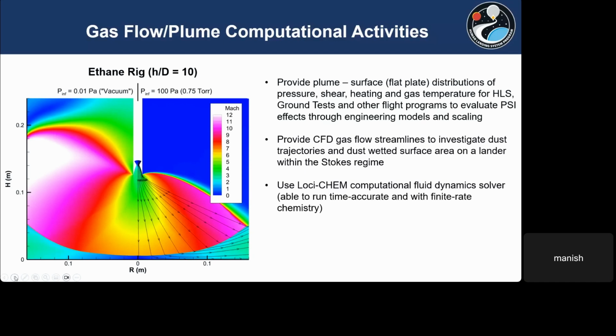We also have recently started looking at CFD gas flow streamlines to investigate dust trajectories, because we want to understand where the dust is going on the vehicle, and what the dust wetted surface area is on the lander within the Stokes regime. We're also, as others have mentioned, able to run this time accurate and with finite rate chemistry. So we are using this tool along with the test data to get a better understanding of the PSI effects for various programs. So if you go to the next chart,